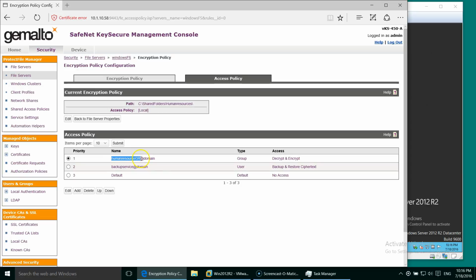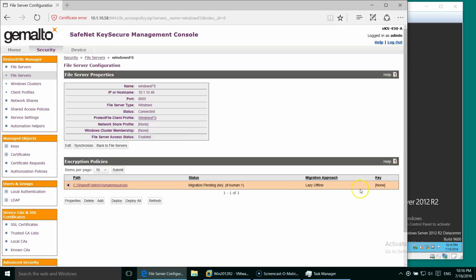Everybody who is a part of the Human Resources group will have full access to the files. The additional user, backup service, will have access, but only to encrypted files, and nobody else, including domain admin, storage admin, virtualization admin, enterprise admin, nobody will get access to this server. Right now you can see no key has been applied and it's still pending enforcement. So how do I enforce? I click on deploy,